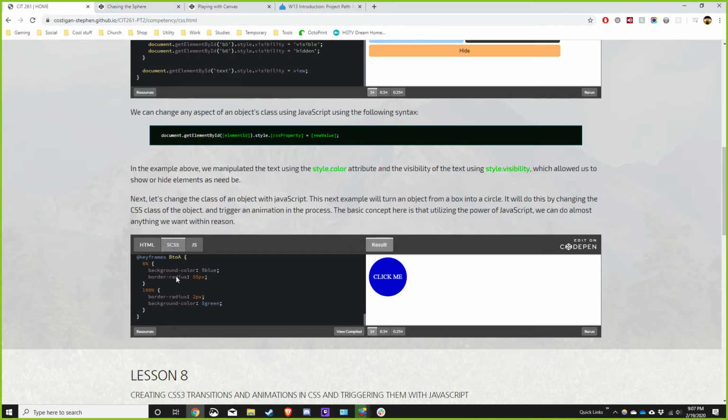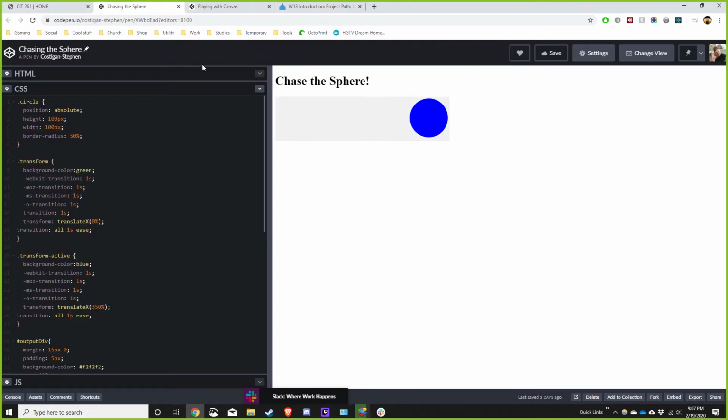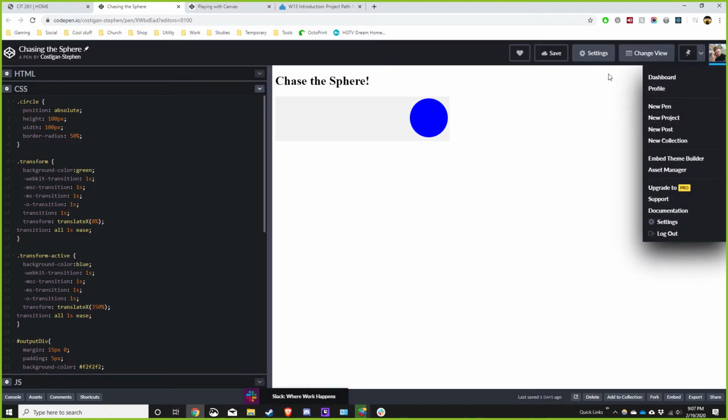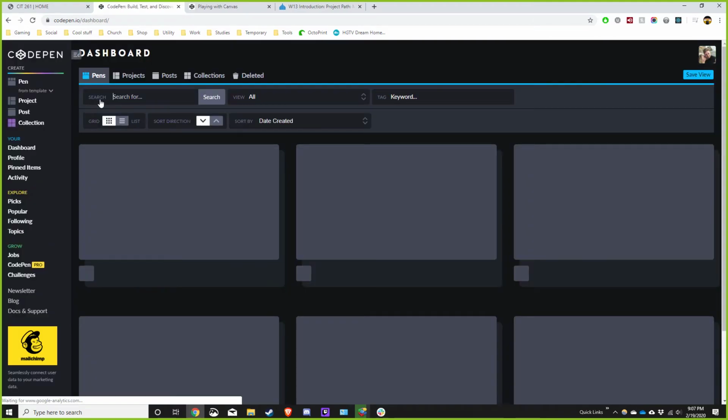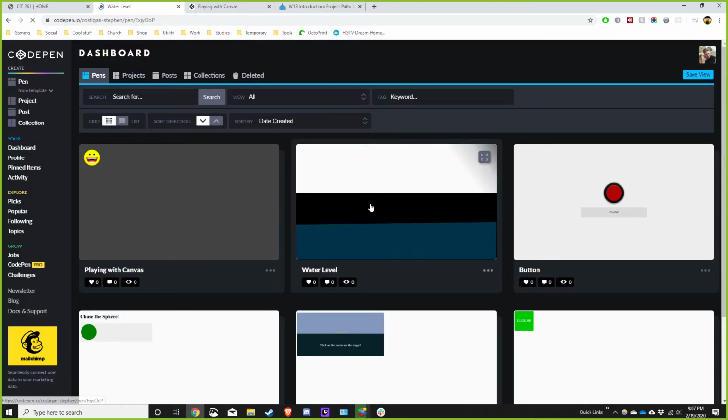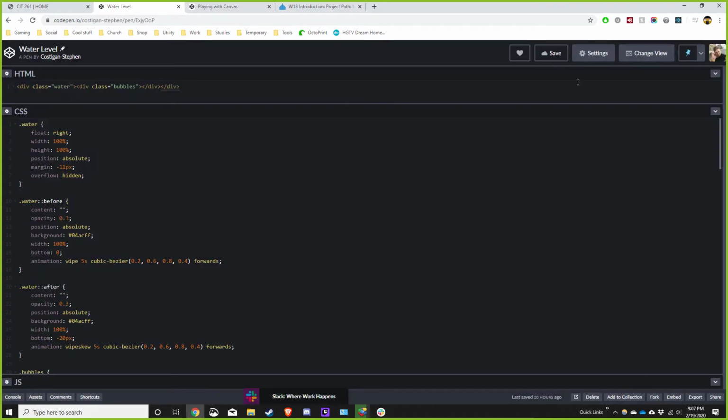And actually, there's some really cool ones. Let me go back to my CodePen. I did a really cool animation earlier today, which demonstrates some of those things. This one here, my water level rising that you saw in